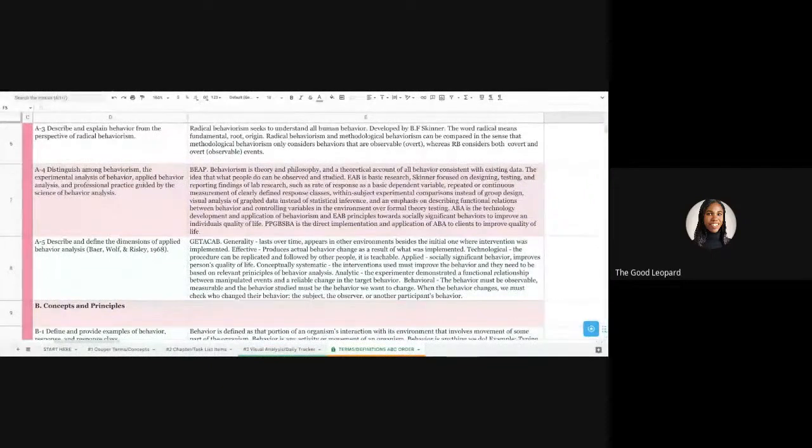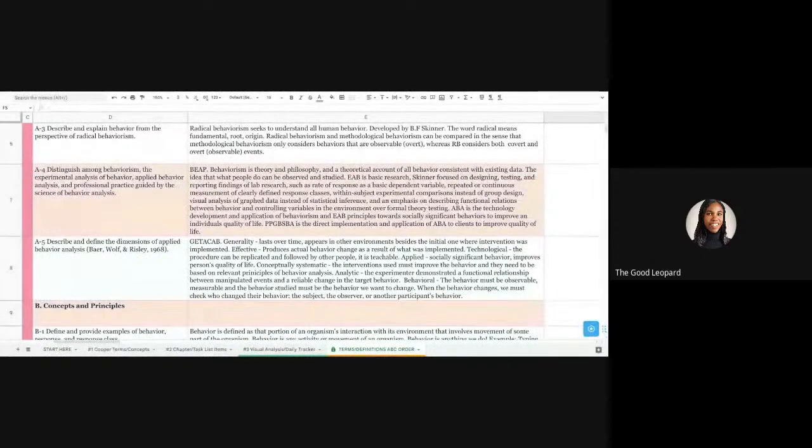All right, A4. So I already read the task list item. I like to use BEAP because it's just an acronym for all four. BEAP, B-E-A-P. Those are the four categories, pretty much, of behavior analysis, stemming from behaviorism all the way to professional practice, which is like the implementation and everything.